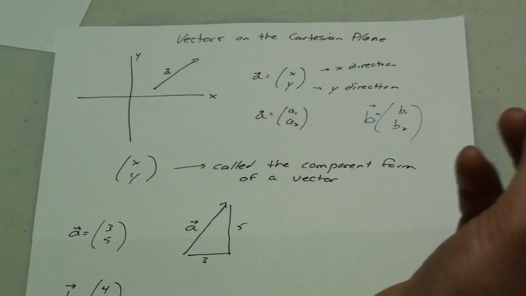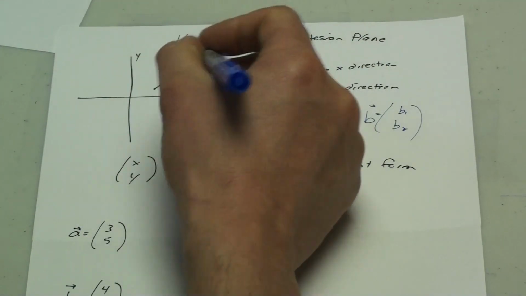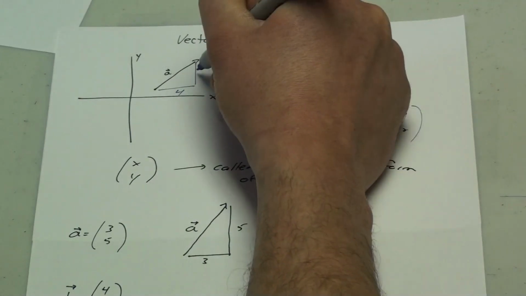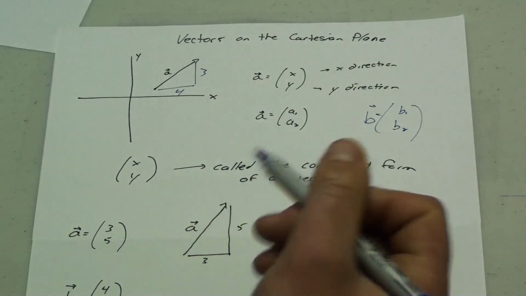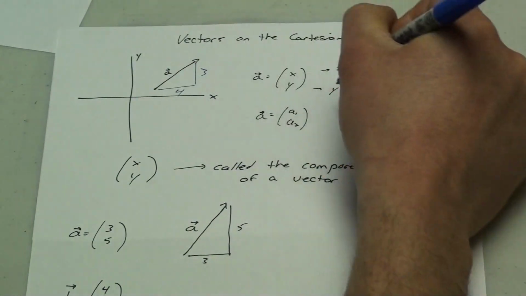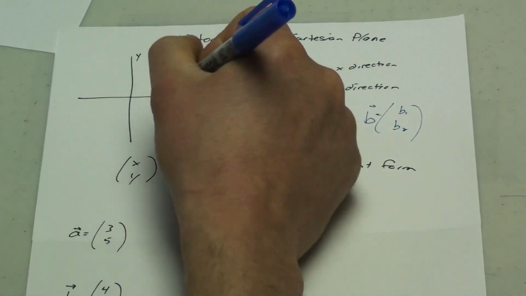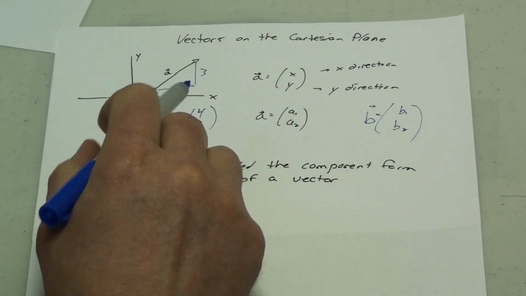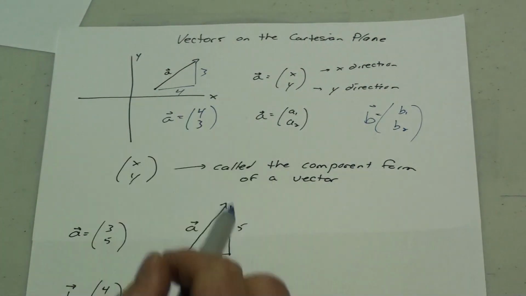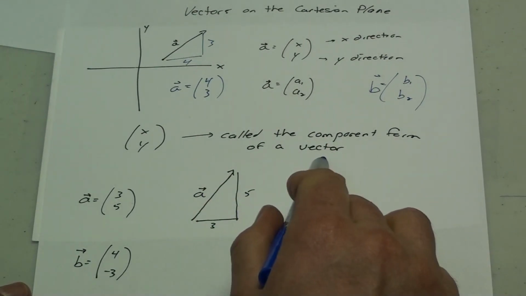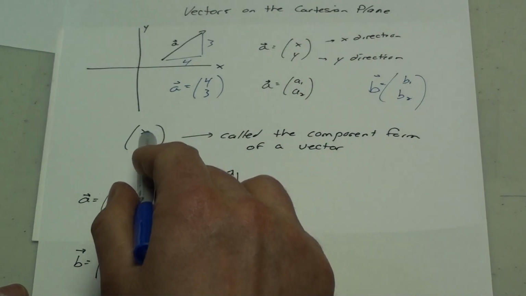Okay, so if this vector A, going from here to here, maybe it moved over 4 units and went up, let's say 3 units. So vector A would be over 4, up 3. Okay, x movement, y movement. This is called the component form of a vector, when it's written like your x movement over your y